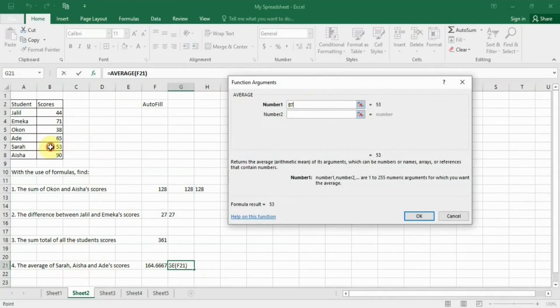Sarah's score is 53, so you click on B7, which is 53, then Aisha's score in cell B8, which is 90, and Ade's score is 65, so we click 65. And if we click OK,